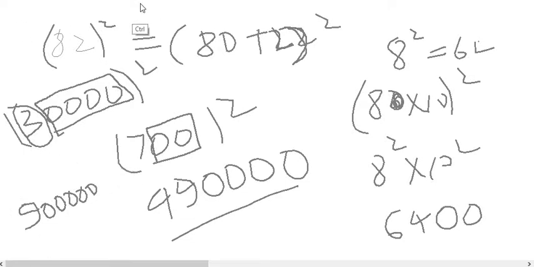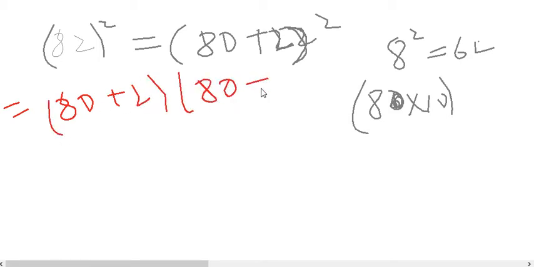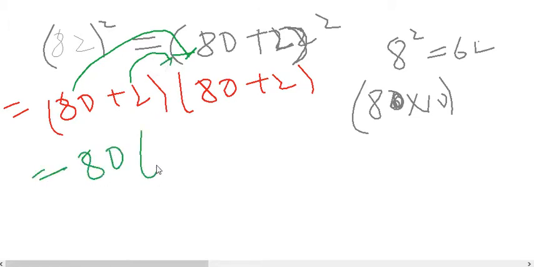Okay. So coming back to our initial problem, which is this 80 plus 2 square. We have to find the square of 82. We have done 80 plus 2 square. So we can write this 80 plus 2 square as 80 plus 2 into 80 plus 2. For multiplying this bracket, what will you do? First 80 multiplied to this bracket, then 2 multiplied to this bracket. So it will be 80 into 80 plus 2,